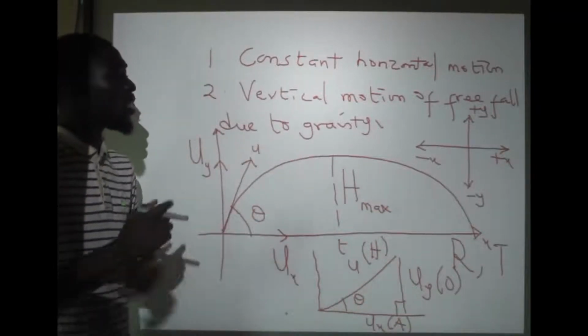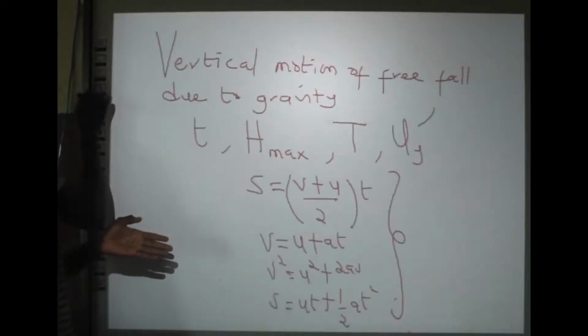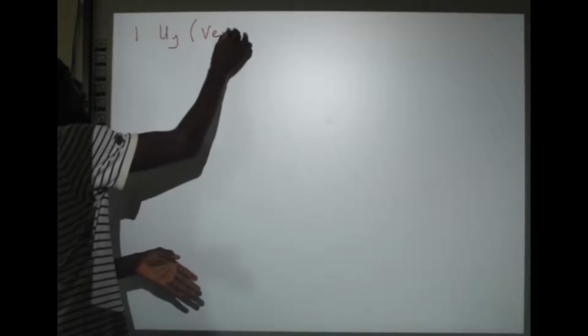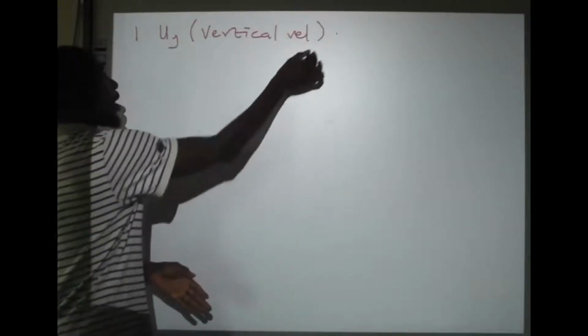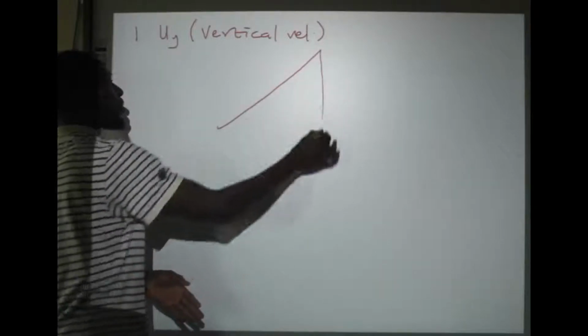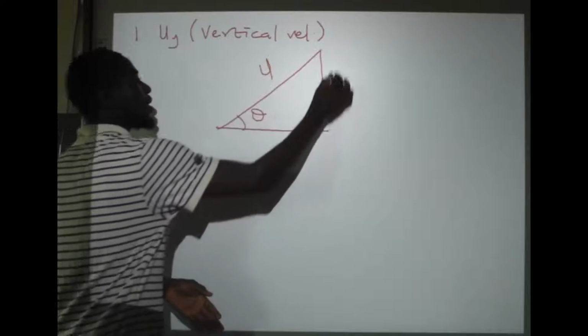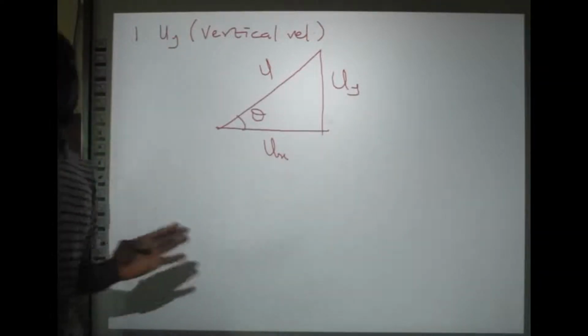So that means we can make something out of this. What am I trying to say? So let's go to a data page so that we can analyze. Now look at, this is the triangle we formed. This is our U, this is our theta, this is our Uy, and this is our Ux. Now we know from our SOHCAHTOA,